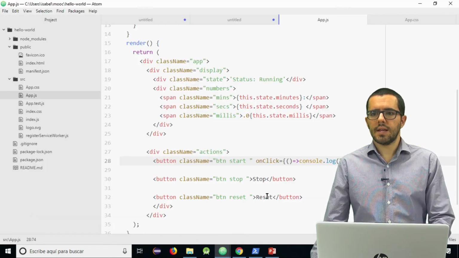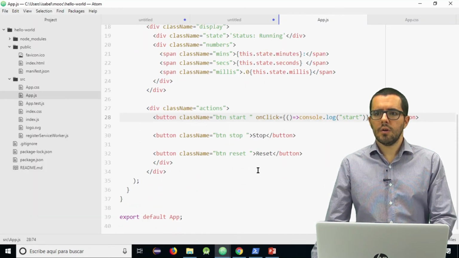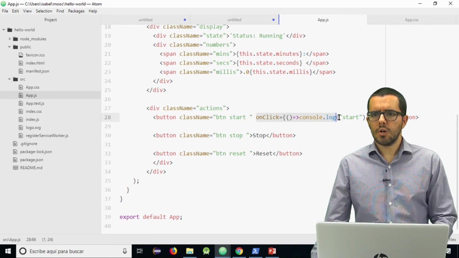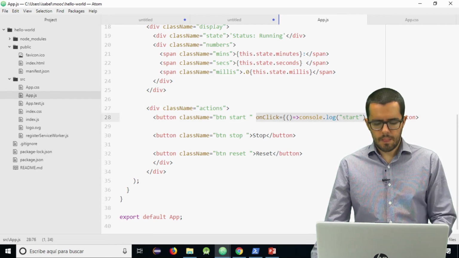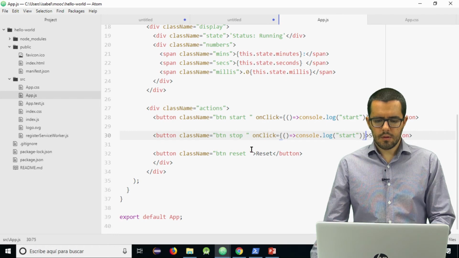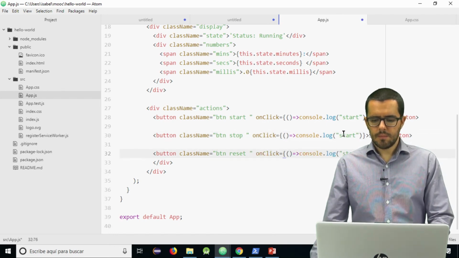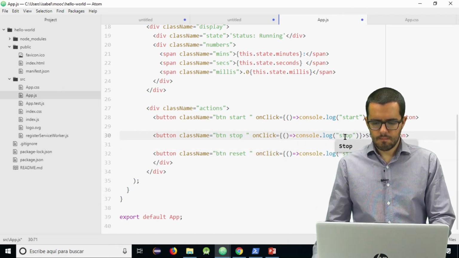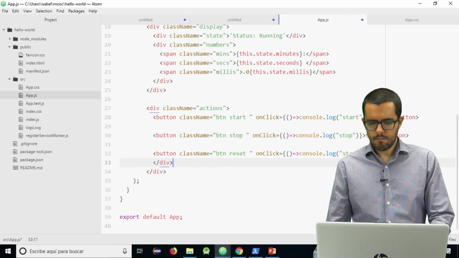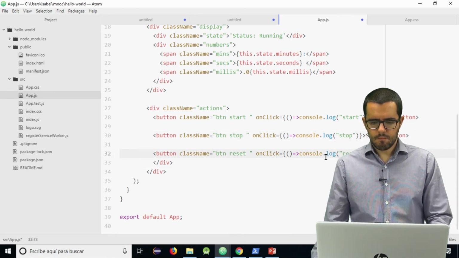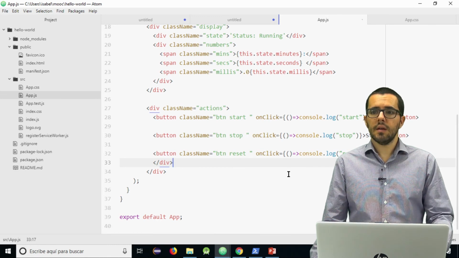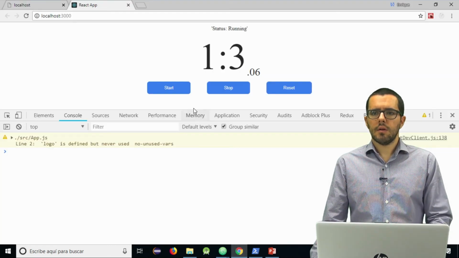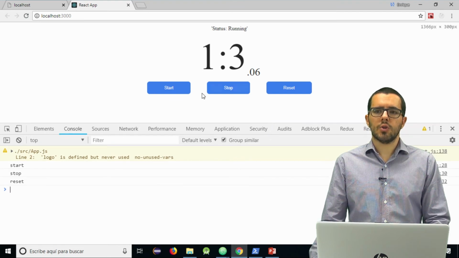And finally the same for stop and reset. If I save now, I have start, stop, and reset functionalities or events already captured, and they just do a console log.